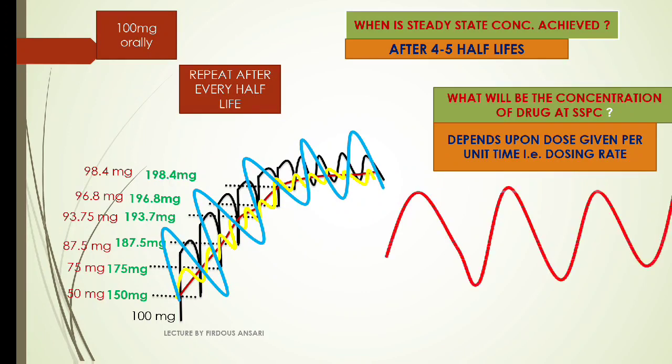But when you compare these lines, what do these peaks and troughs indicate? See, peaks mean that immediately after administration of the drug, the plasma concentration will be very high. So this implies the peak. The trough means that before taking the second dose of the drug, the amount of the drug which was there in the plasma concentration will be very low.